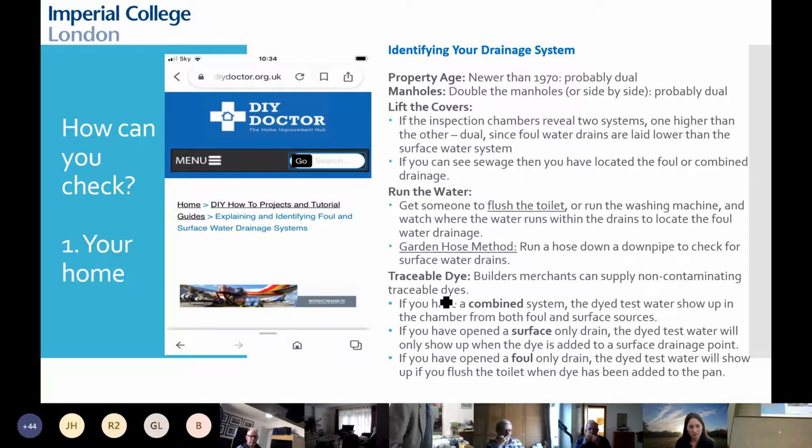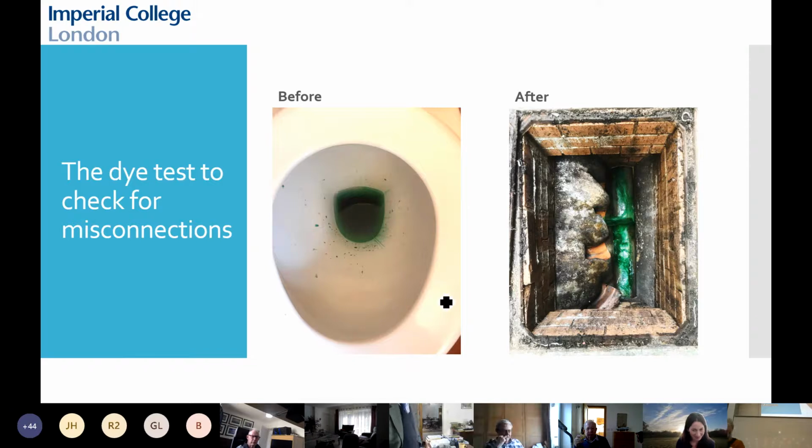Now, the next slide probably needs to come with a public health warning. If you are of a sensitive disposition, look away now. This was what I was doing on Sunday, 2 days ago. That's my downstairs lavatory. I poured a tablespoon of green food dye, so we hope it's not dangerous for the environment, because it's not supposed to be dangerous for us, into my lavatory pan. I got my glamorous assistant, that's what he insists on being called, to flush the loo, and I'd gone outside and taken off the manhole cover, and there is my green flush water flowing away.